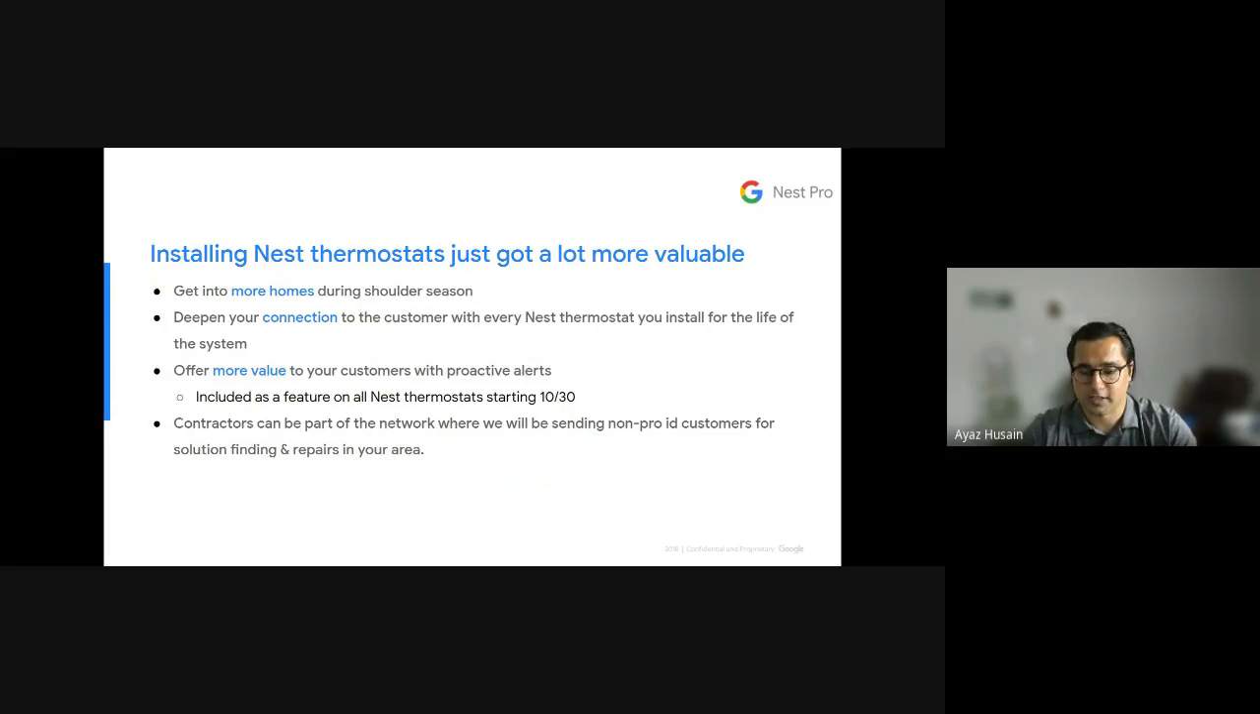So for our customers and for your contractors, Nest thermostats just became the most valuable thermostat they could possibly install. I'll tell you why here in just a second, and you'll see the breadth of the alerts that a customer will get and why that's going to be so helpful. But the idea is this is going to help you get into more homes during shoulder season, because the thermostat is actually going to be telling the customers themselves, hey, you need to do a service check. It's been a year. Maybe you need to get your heat pump system checked out. And that's going to ping them and have them contact you or your contractors to come back out